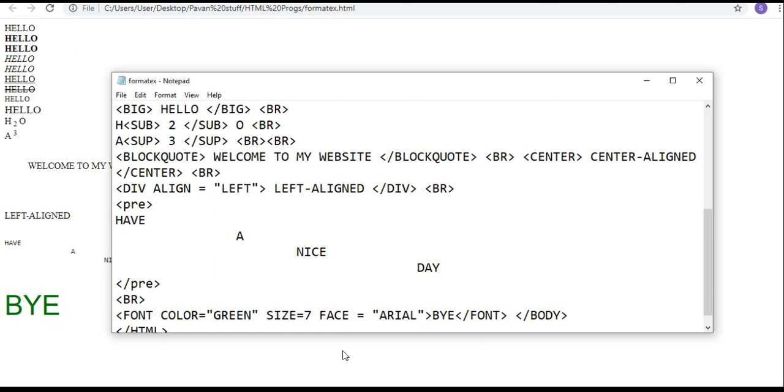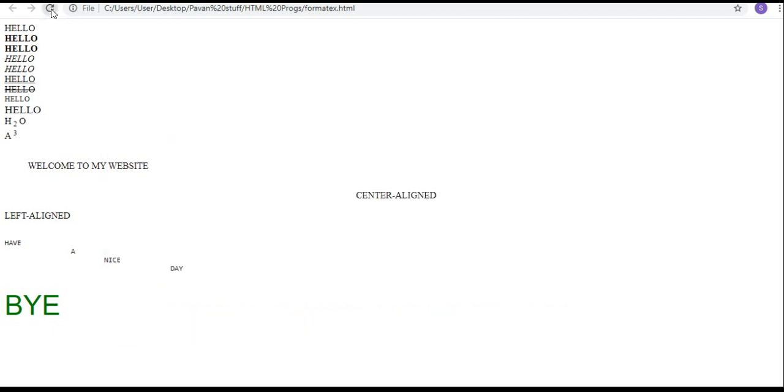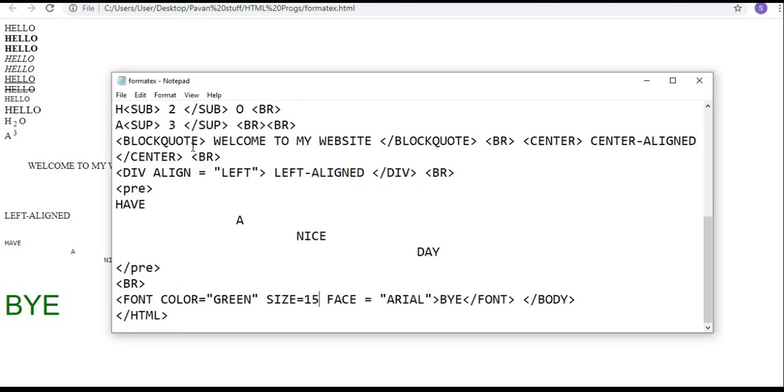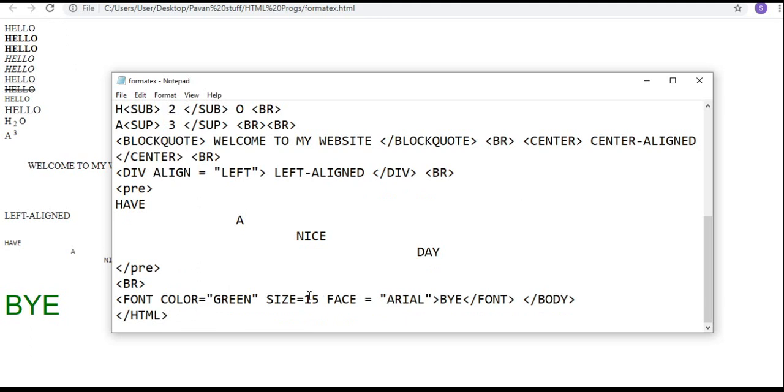Size, I will make it as 15. File, save. Now refresh. It isn't increasing. Why? File, save. I will make it as 21.